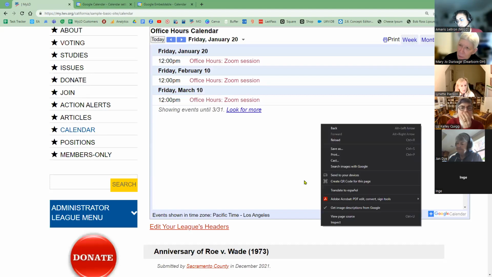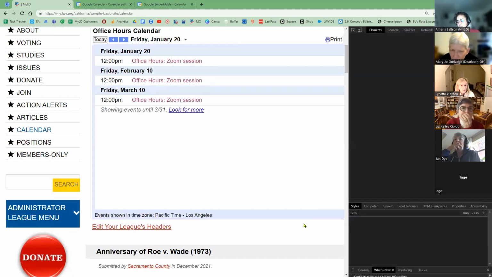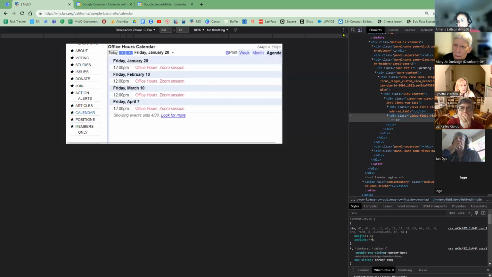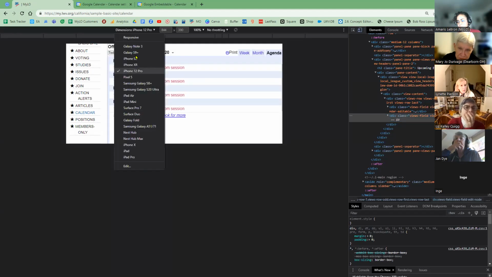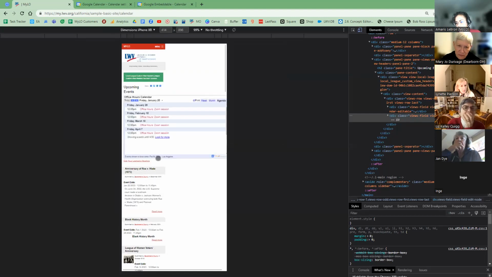Let's see. I'm going to use the developer tools really quick that every browser has. This little icon here, toggle device toolbar, allows me to see what mobile users would see. Yeah, so it does go long for them as well,